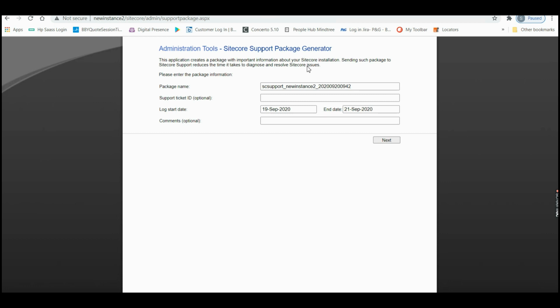It will include the package as well as the logs in that duration as a single consolidated package, with all the package information and logs. So it will be easy for the Sitecore team to analyze the issue, and they can resolve it quickly.